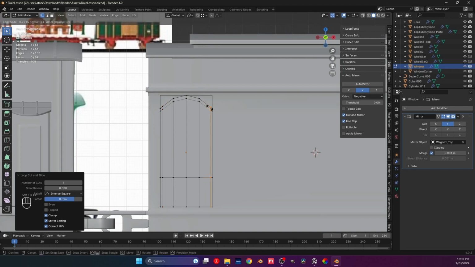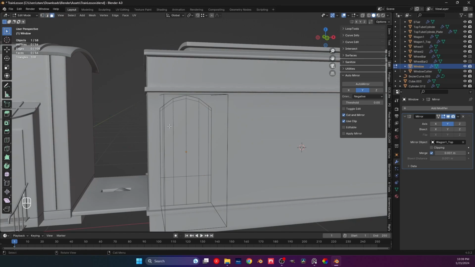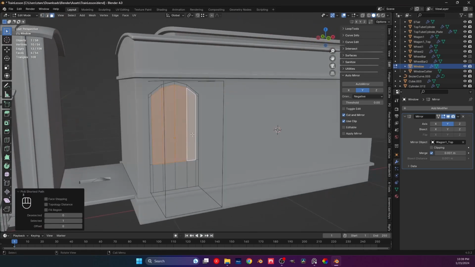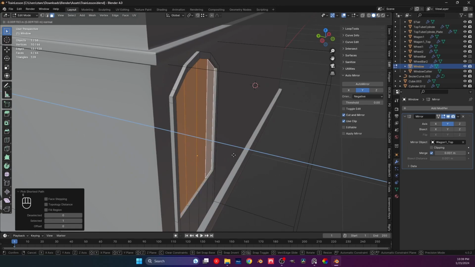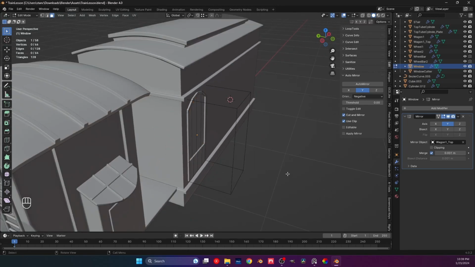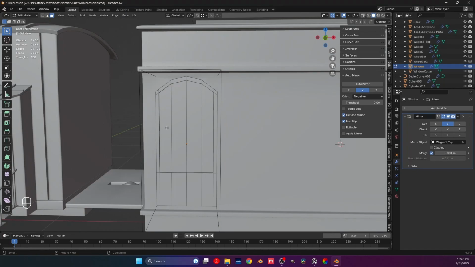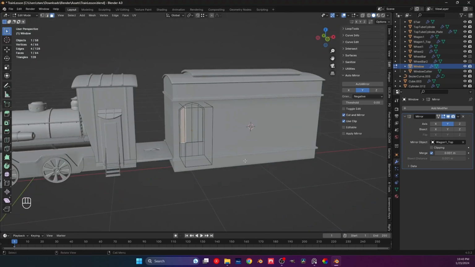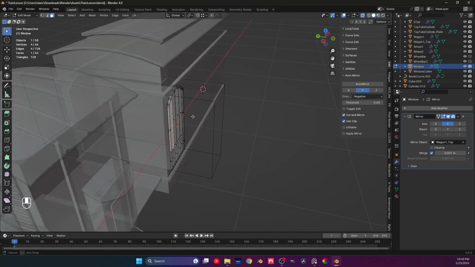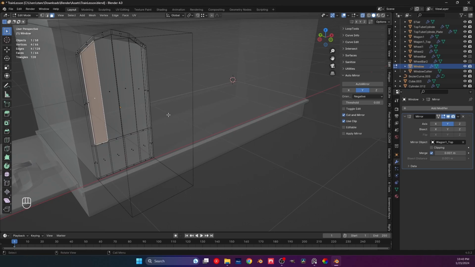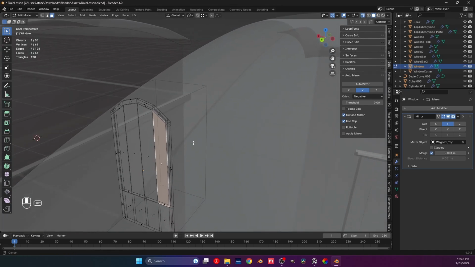This and this. And the reason for this, right? Why did I create this? Because our window will be extruded on the inside, right? Kind of around there. And we could do two things. We can delete this if we really wanted to, but we don't. We don't want to do that, right? We don't need to delete the faces here. What we do need, however,